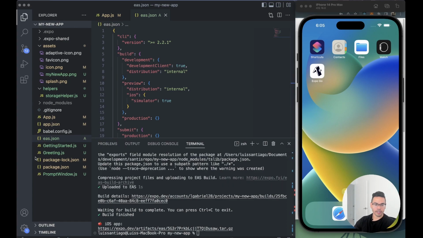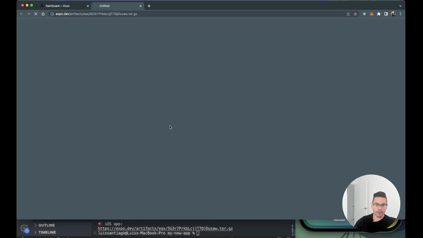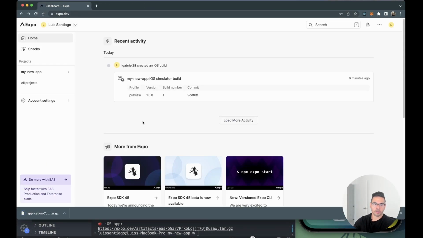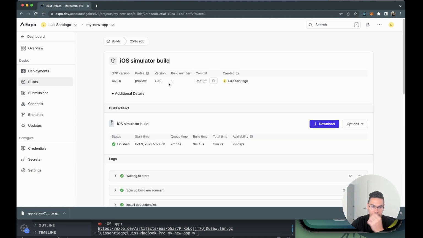All right, so now our build is finished and EAS will give you a link to expo.dev. So if you click on it and open that link, we'll go into the expo.dev account I've already logged into, and you can see that my new app is already here. If we click into it, we'll see there's a download button here for downloading the application. So if I go to my download files here, I can see that there's an application folder in there. If I open that application folder, I can see my new app is there